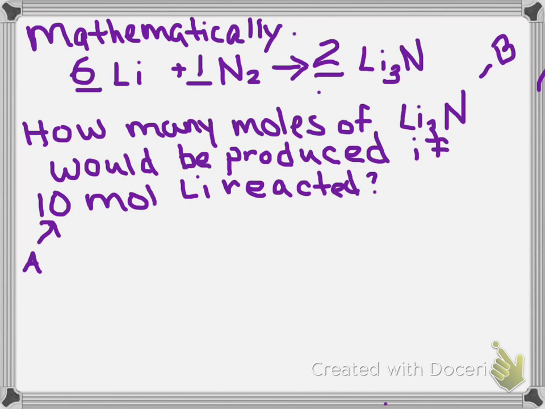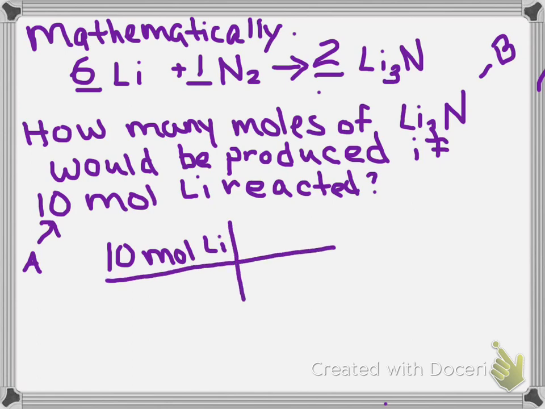All right, so I'm going to set this up. We always start with our given, so I have 10 moles of lithium. We're only going to have one step in our truth table because we are going from moles of A to moles of B. So we know that our units come down here, moles of lithium come down diagonally, and since we're going from moles of A to moles of B up here, we're going to have moles of B,